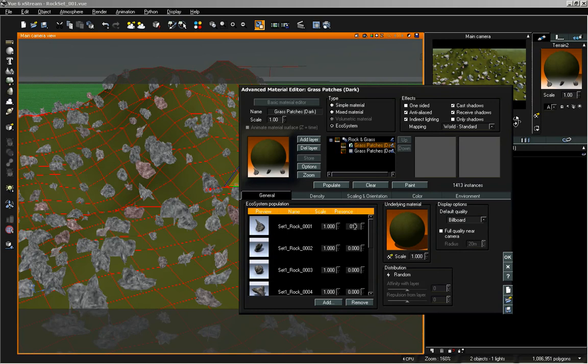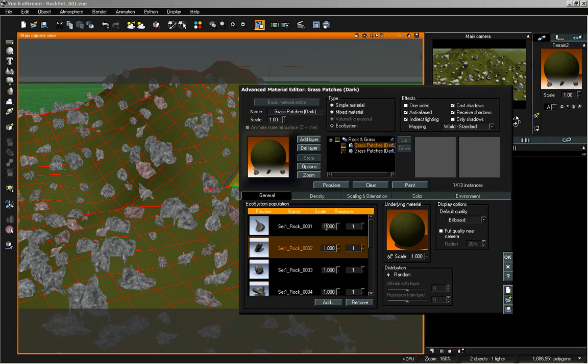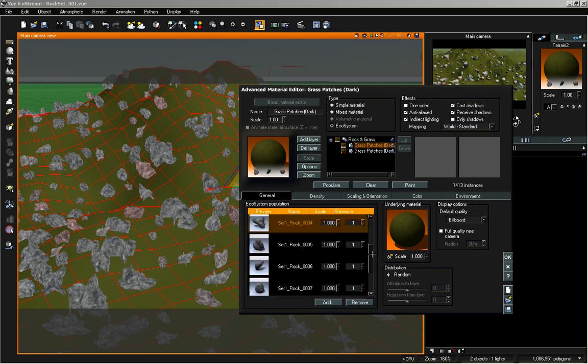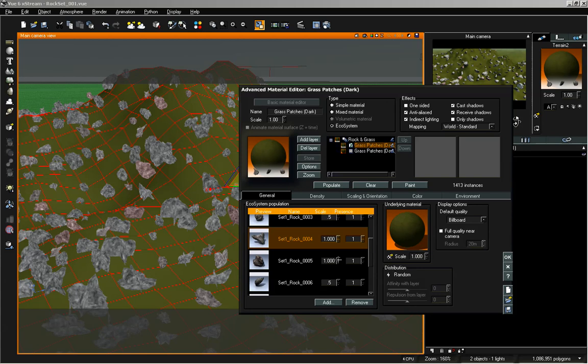And in this case, for this object, this really isn't working very well to show us which object is showing up incorrectly. So I'm going to go back and just change our presence back to 1 for all of these objects, and we're going to be adjusting the scale. And I'm going to give, to start out, a scale of 0.5 to all of our different rock objects. We can just click and type 0.5,